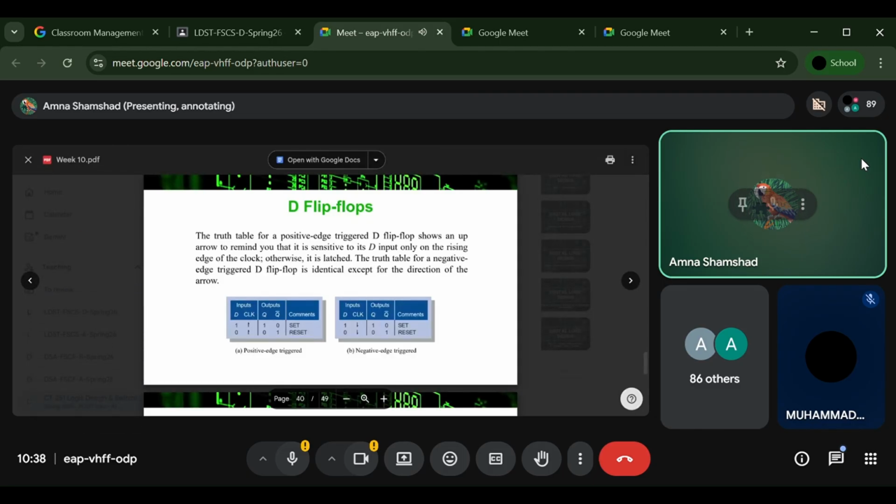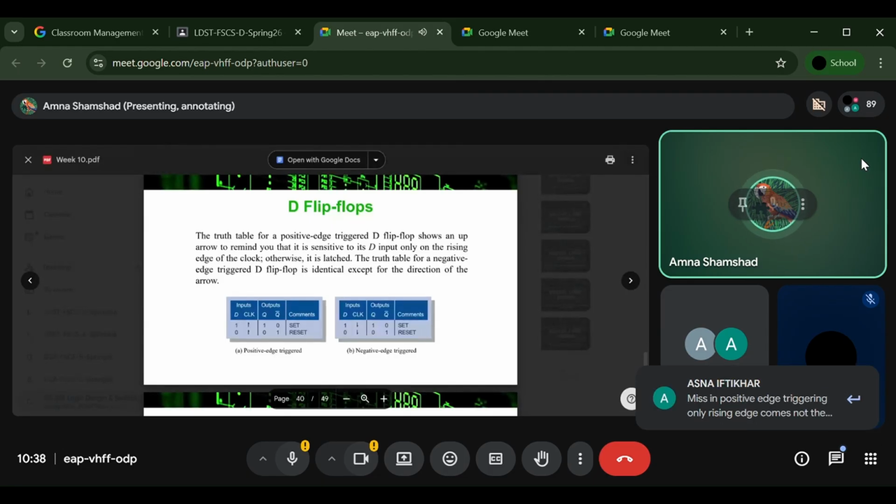Nothing new in it. We have already discussed in a class that D flip flop is simply data. Whatever the input is, it will come on the output, but either on the rising edge or on the falling edge. Falling edge means the negative edge. And how do we differentiate rising and falling in the graphical symbol? We will use a bubble before the clock symbol, and we can write an extra column of clock in the truth tables. For positive edge triggering, just write the upward arrow, and for negative edge triggering, just write the downward arrow.